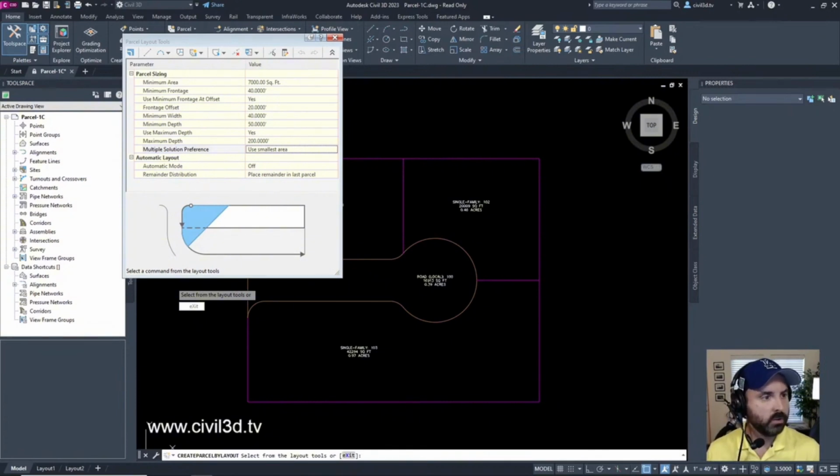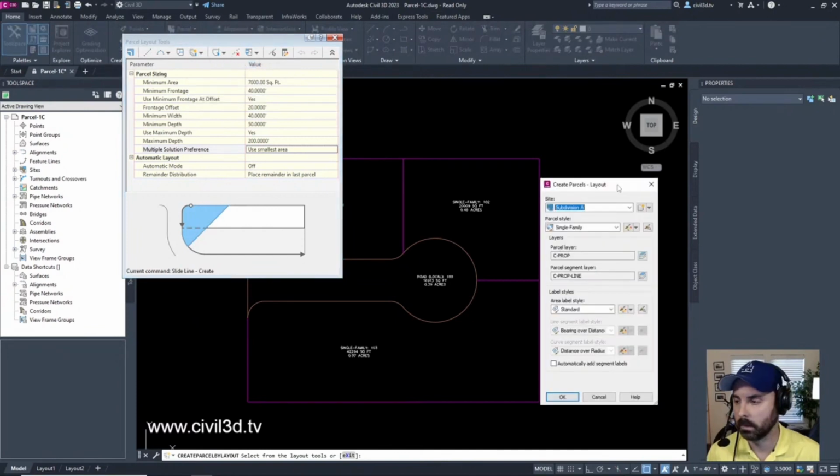Okay, create individual parcels using a slide line. Create. Okay, we're still in the same site. We're still using the same parcel style.